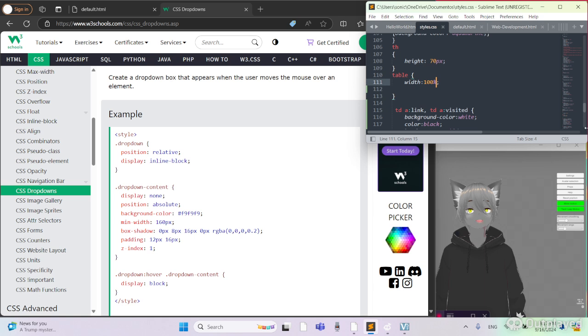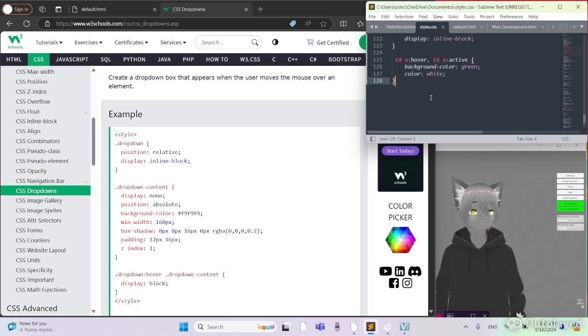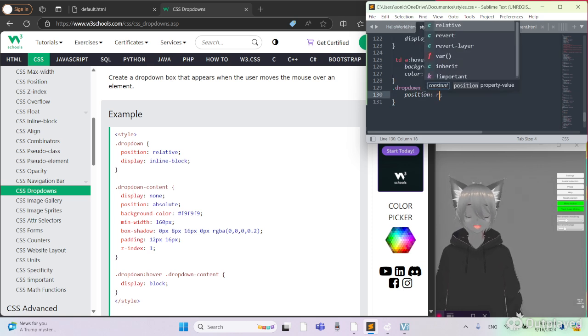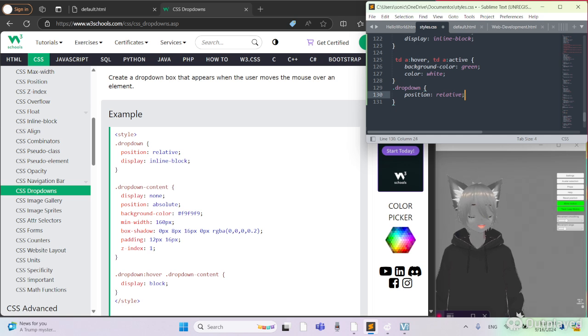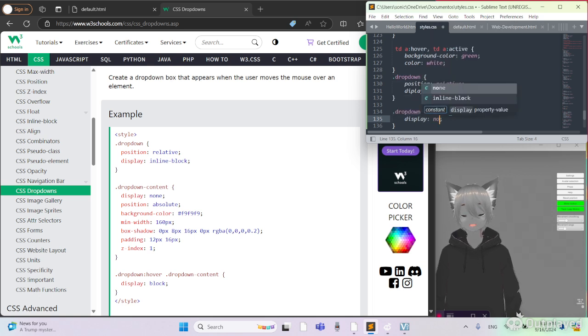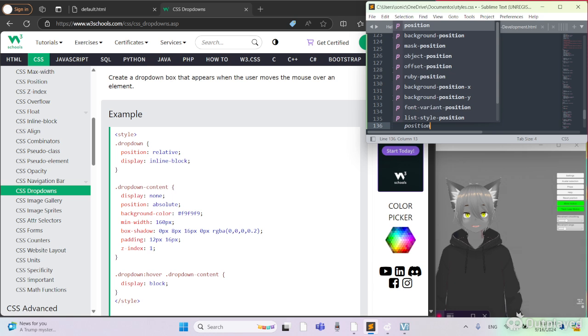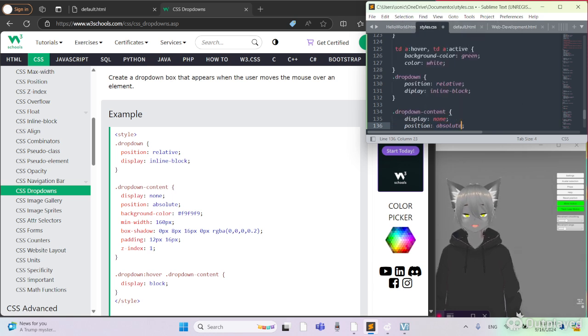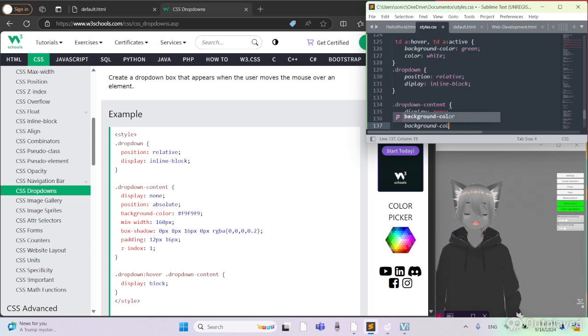So we would go into our styles.css, and then dropdown, position, I'm going to set it to relative, and then display inline-block. Then dropdown content, display is none, position, set that absolute, background color,